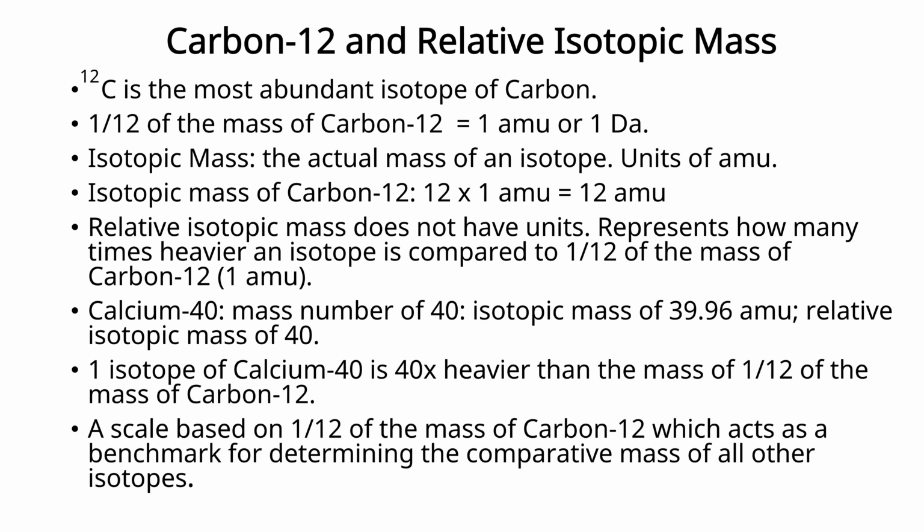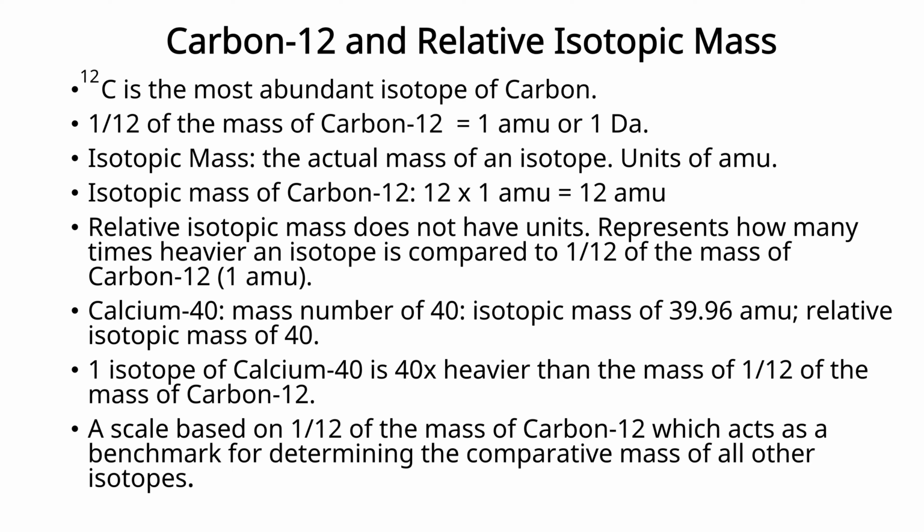Now, unified atomic mass units essentially perform the same job that grams and kilograms do in that they measure mass. So 1/12 of the mass of carbon-12 is 1 AMU, which means that the mass of an entire atom of carbon-12 is 12 AMU. 12 times 1 AMU equals 12 AMU, unified atomic mass units. This is the isotopic mass of carbon-12. So isotopic mass is the actual mass of an isotope, and it has the units of unified atomic mass units. However,